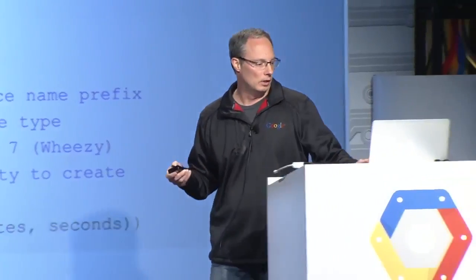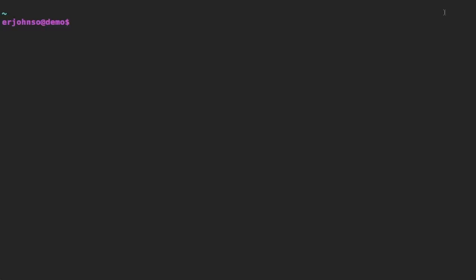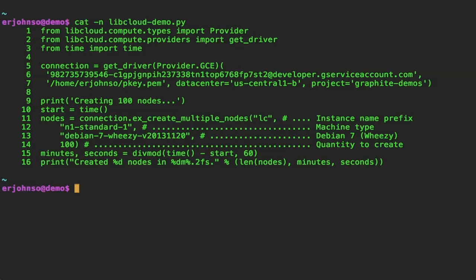So let's flip over to a demo. We should have a terminal come up here in a second. And let me just cat out this file. This is very similar to the little hello world example in Python that I showed you before. The only differences to call out: obviously lines 5, 6, and 7 have my authentication credentials for my project. But one of the other differences here is on line 11,